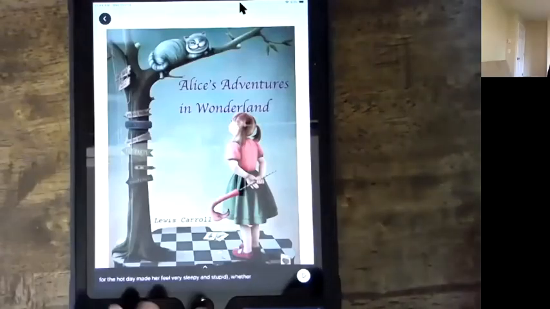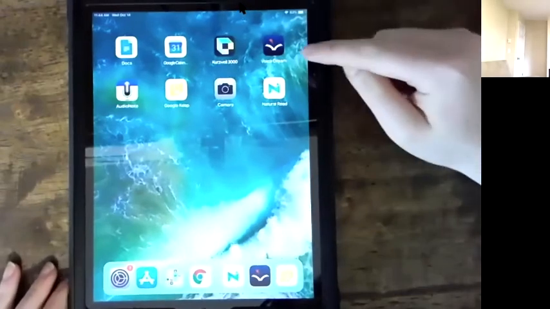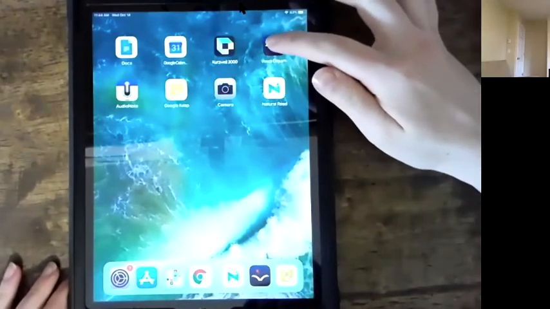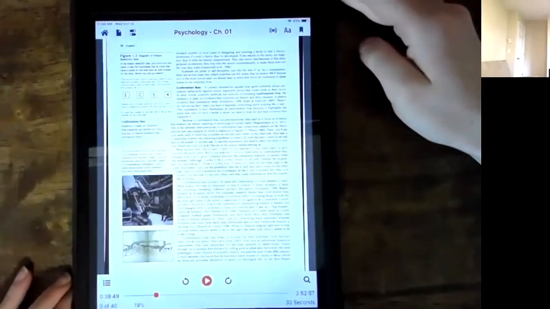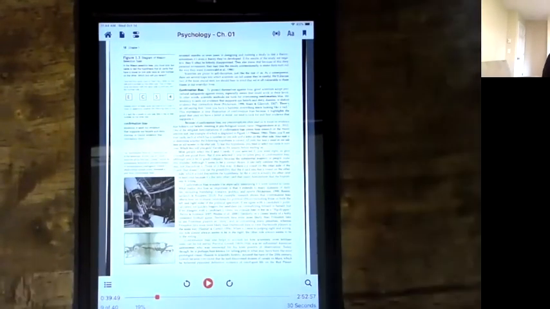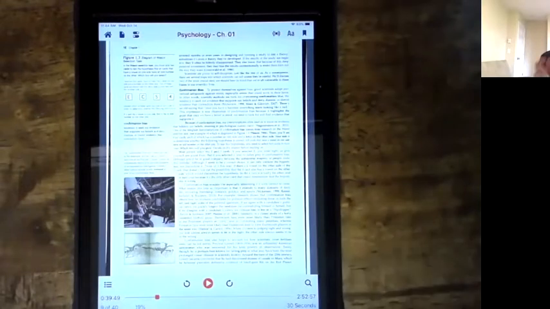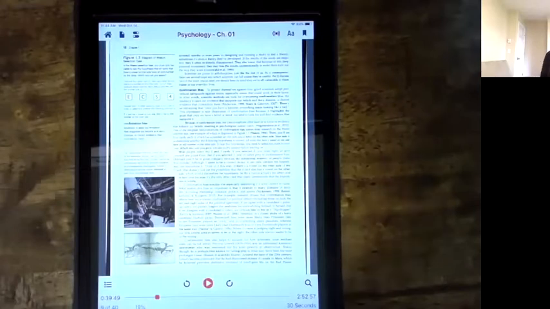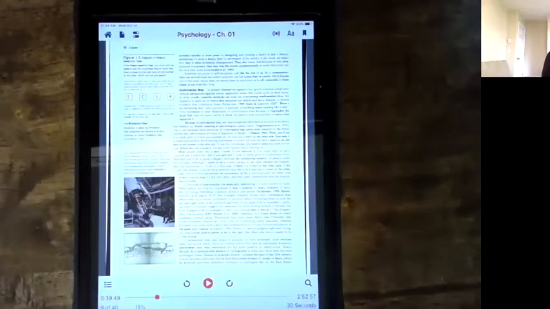So I'll go ahead and open that. Voice Dream Reader I have right here, so I'll go ahead and select that to open up this application. And Voice Dream Reader is one that you would need to purchase because they don't have a free version that you can use. But this is along that middle range. So Natural Reader was on the lower end, Voice Dream Reader is in the middle, and then when we talk about Kurzweil, that's on the far end of being the gold standard of text-to-speech technology. So Voice Dream Reader has note-taking capabilities and the voices sound a little bit more natural.